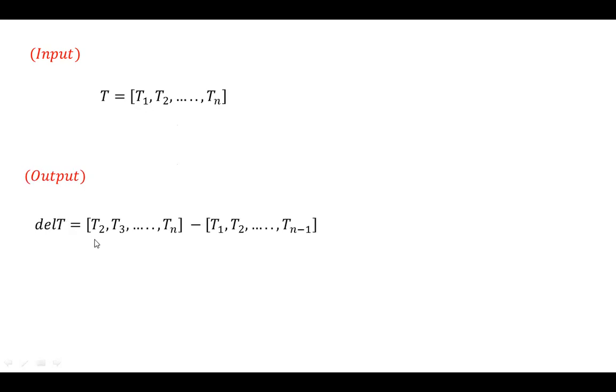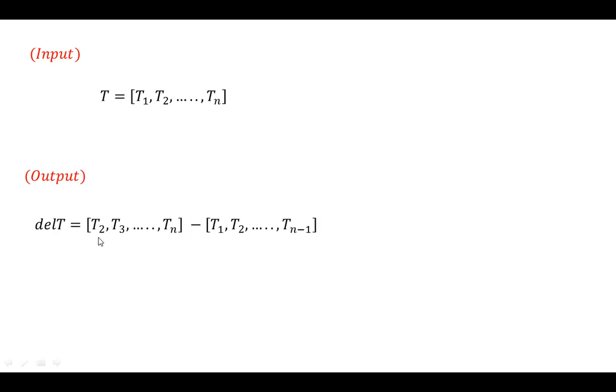So to determine the vector delta T, we have to subtract the temperature values of each day from the next day, or from the following day. So